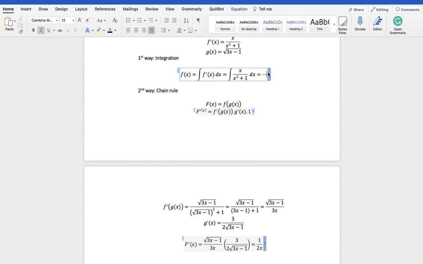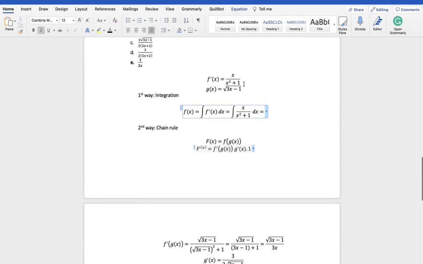But I think we can just go through it as well. So we can use that as a practice for integrals. So when you take the integral of x over x squared plus 1, a trick that you can use here, right? A trick that you can use, and I think it might be mentioned in your notes somewhere,